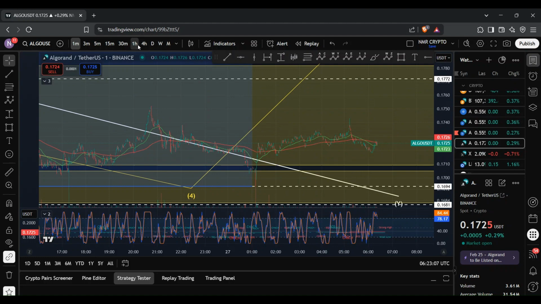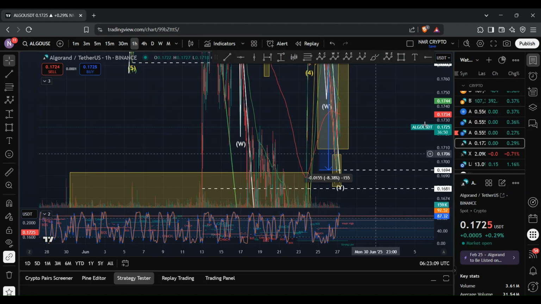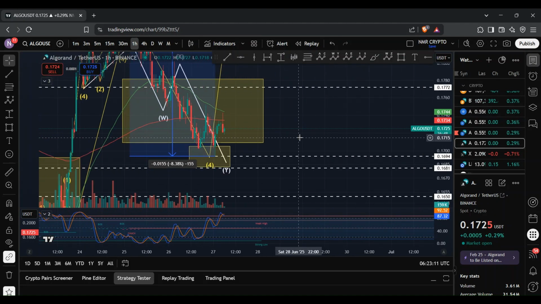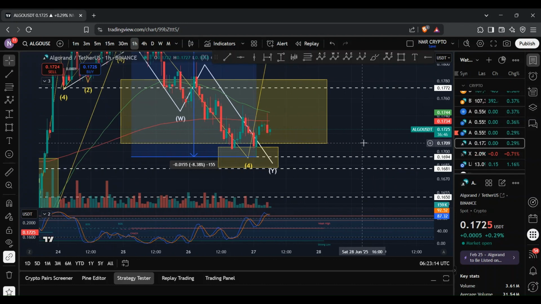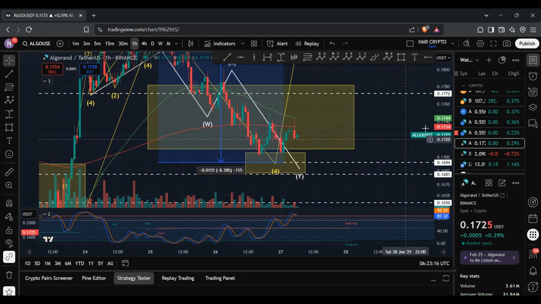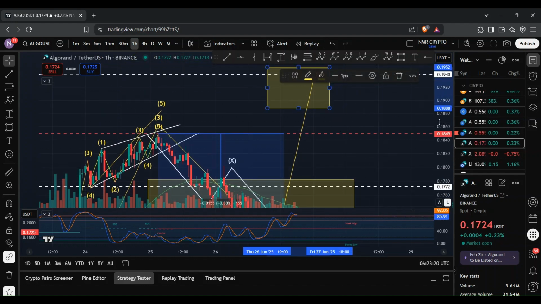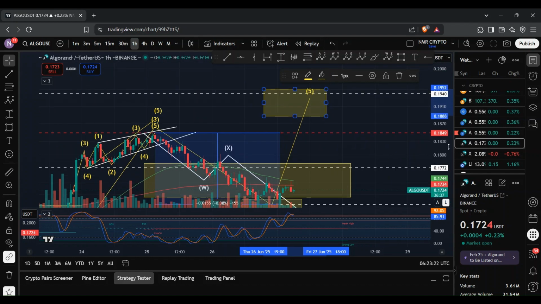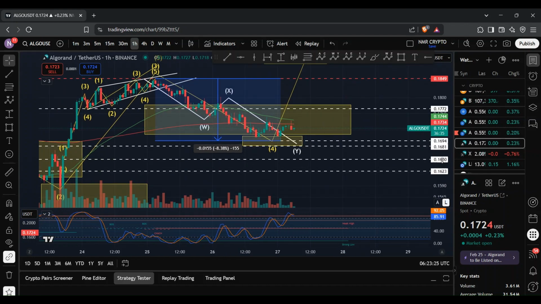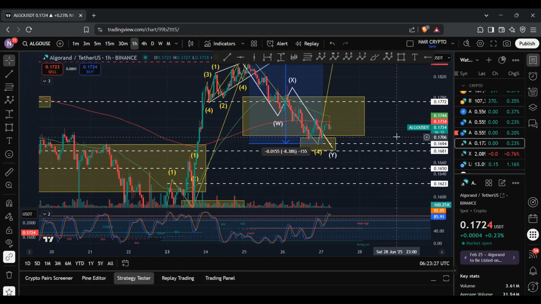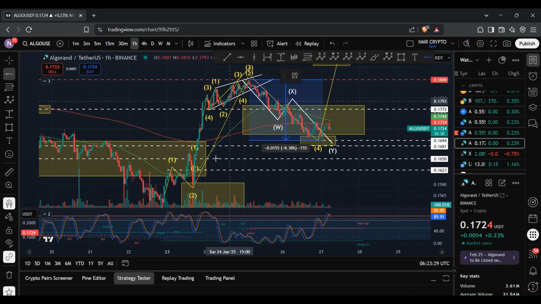And so yeah, it's not necessarily confirmed that the wave 4 is set in and we are within a wave 5. We'll still need further confirmation as things stand at the moment. And so yeah, if the wave 4 is complete, then the next key target will be this region between 18.88 cents to 19.52 cents. If not, then there is an opportunity for us to go slightly deeper, which we can do as long as we don't cross this level at 16.23 cents. Then the 5-wave move that I'm currently tracking will still be valid. And so yeah, that's just my update.